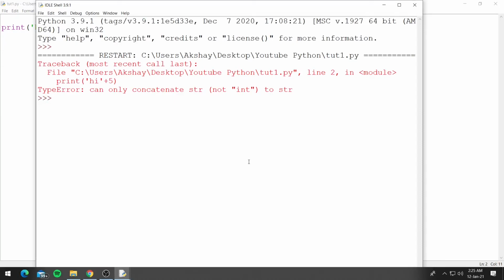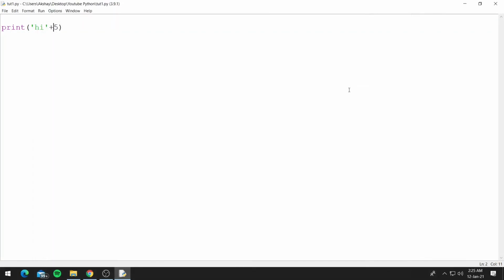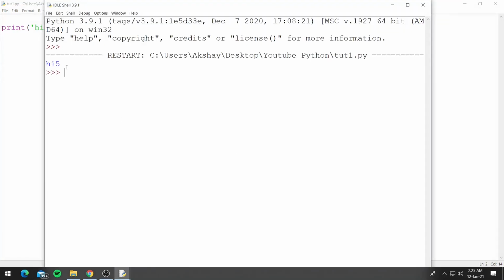And what the error means is you're trying to put two different data types together. So if you want to print hi pi, what you can do is encase the pi in double quotes and use it as a string. Let's try running this. As you can see, it worked. And if we had added a space after hi, it would have printed hi space pi.